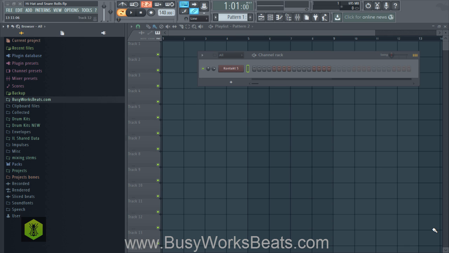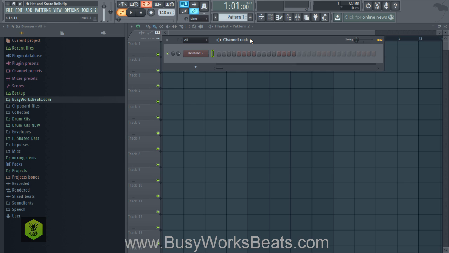Today we're going to show you how to create hi-hat rolls and snare rolls inside of FL Studio. It really doesn't matter which DAW you're using. You could take these techniques and use them in any DAW. So what I want to show you today is built-in snare rolls that sound more realistic, like a drum kit, and also synthesized snare rolls taking advantage of the step sequencer, aka the channel rack in FL Studio 12. So I'll simplify what that really means. So let's open up our browser.